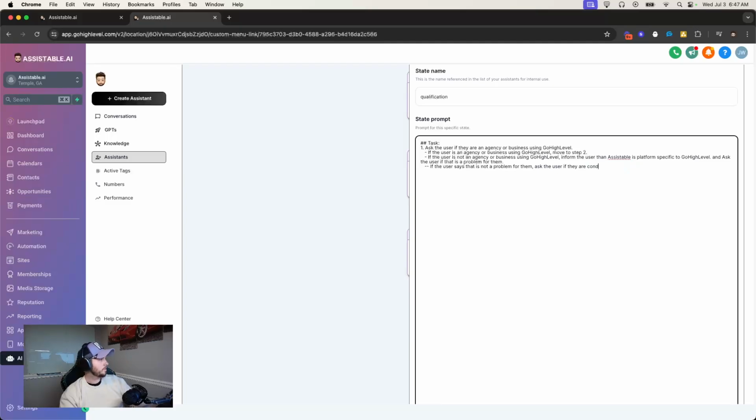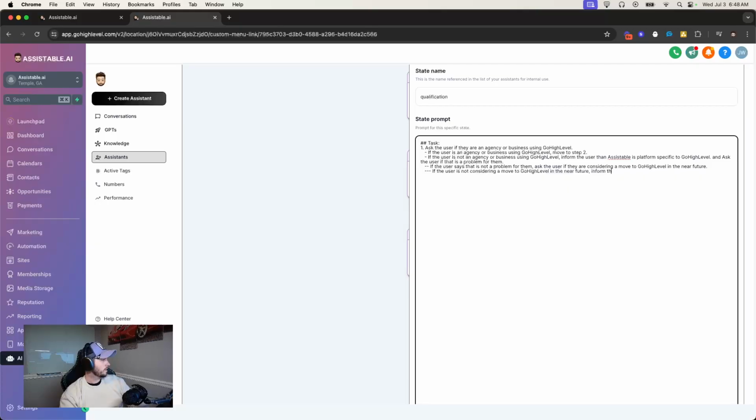If they are considering a move to GoHighLevel in the near future, guess what? Conditional, conditional. 3 dashes. Whoa, getting crazy. If the user is not considering a move to GoHighLevel in the near future,